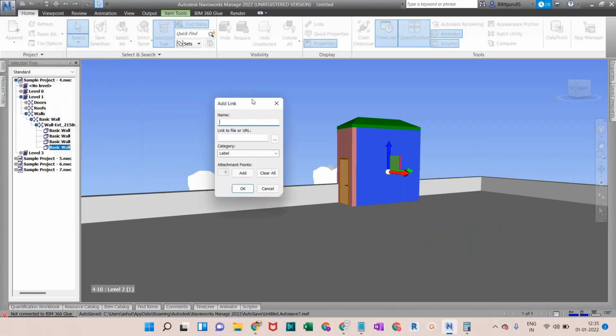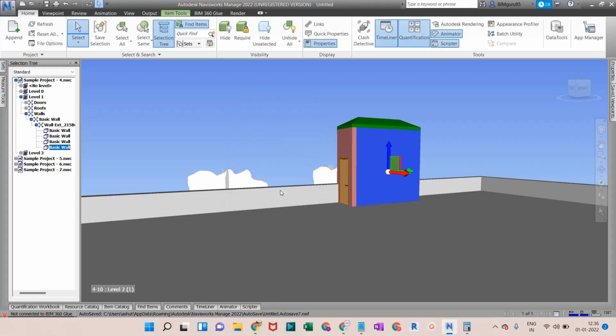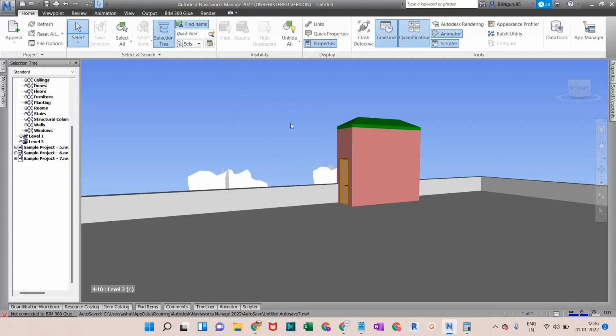This kind of pop-up has come. You can give any name, like I wanted to give wall link right there for the reference of that particular person. Right now I am giving a website of Google. I'm just giving an example of how it will work. For the label, you can go with the hyperlink or just a label, like what it shows, the wall or this link, but I'm going with the label as of now and click on OK.